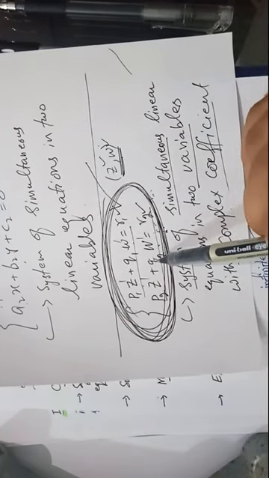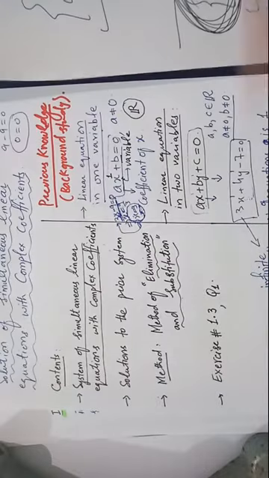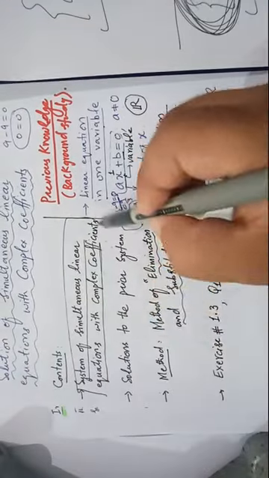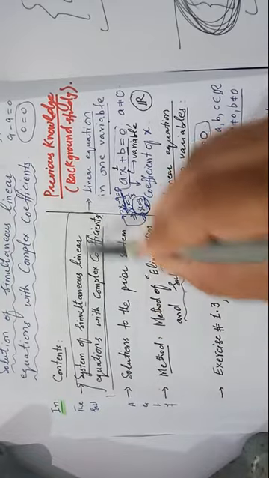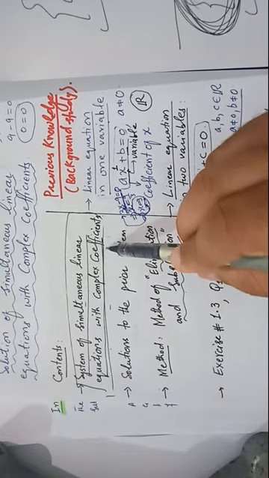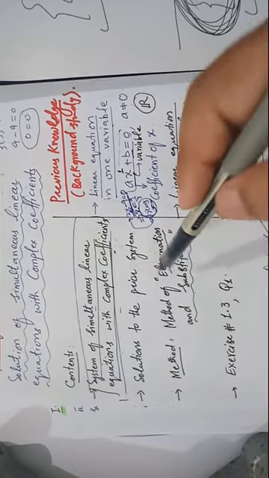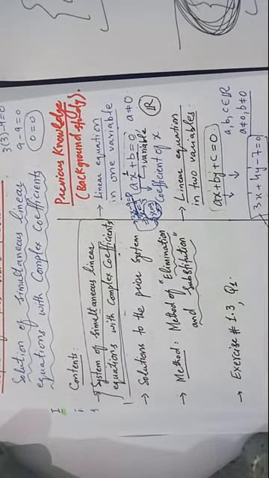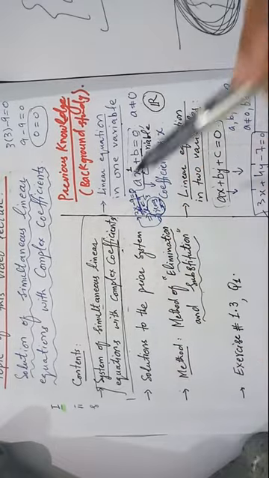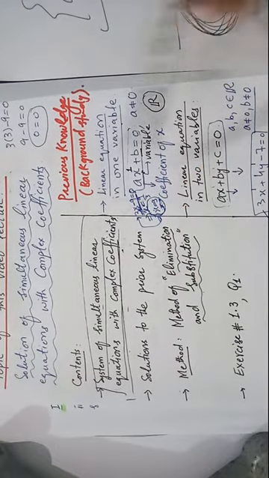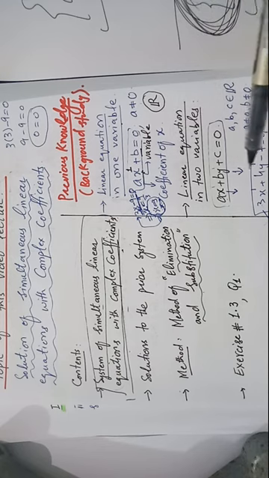So this is for this video lecture. Inshallah in the next video lecture we will discuss this. We just discussed in this video lecture what a system of linear equations with complex coefficients is, with the background knowledge. You see that mathematics is so compact and cumulative. To understand this concept, you need to know the previous knowledge. That's why I am revising the previous knowledge which you studied in class 9 and class 10.